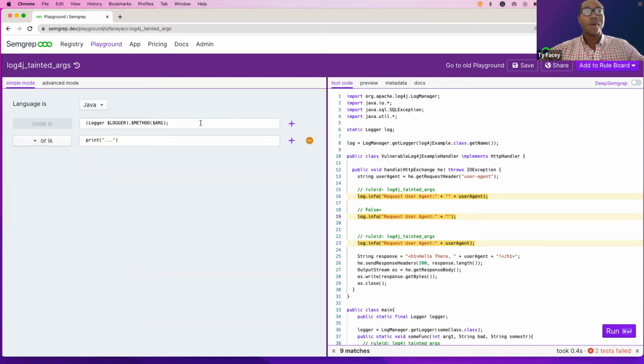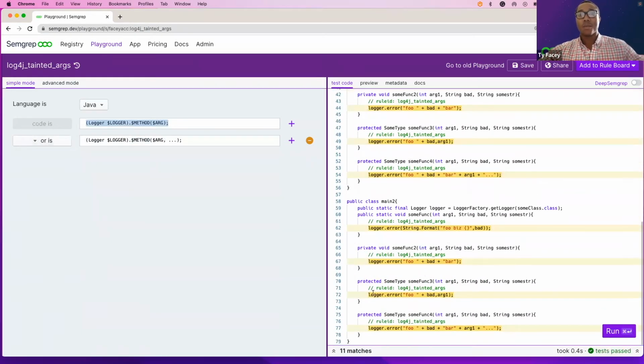So for example, I want to match 2 types of patterns. So I'm going to use the or is pattern operator, and I'm going to go ahead and just copy and paste this. And I'm going to throw in something we call ellipses. This just captures 0 or more values. So that can be multiple lines of code. It can be multiple arguments, as I'm using here in this example. And so if I go ahead and run this here,